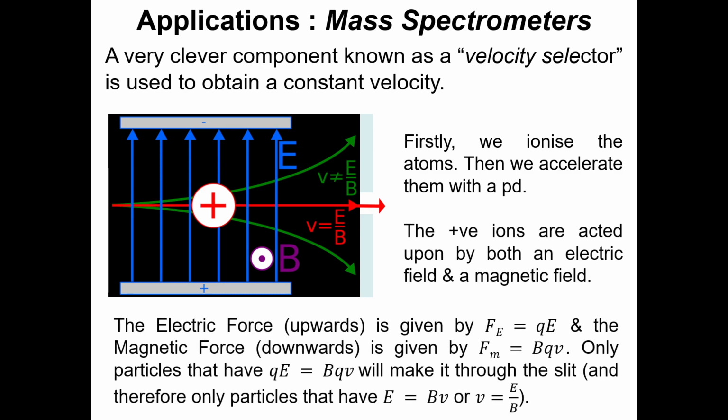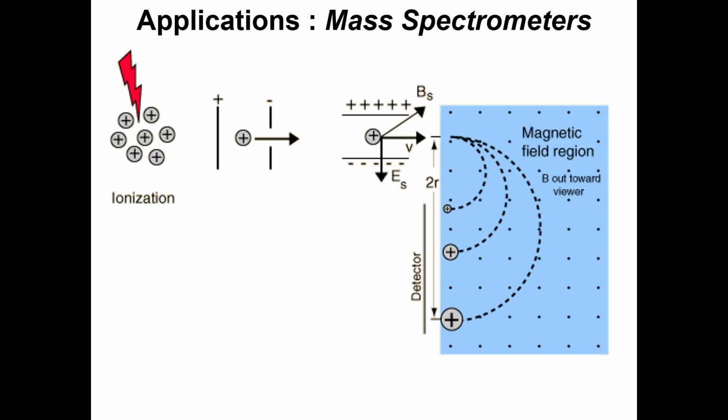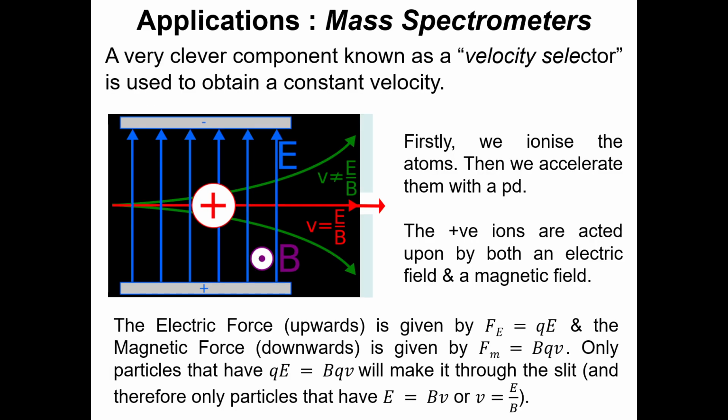And maybe I'll flick forward a little bit to this one. So you've got the ionization chamber, then you've got a bit of acceleration going on between plates, so it's four chambers, and then you've got the velocity selector and then a final chamber. So let me just go back and have a look at the velocity selector. A really clever component that allows you to get constant speed charged particles going through. First of all, those charged particles have been ionized in the first chamber, otherwise you can't accelerate them if they were neutral, and then they're accelerated by another pre-chamber,